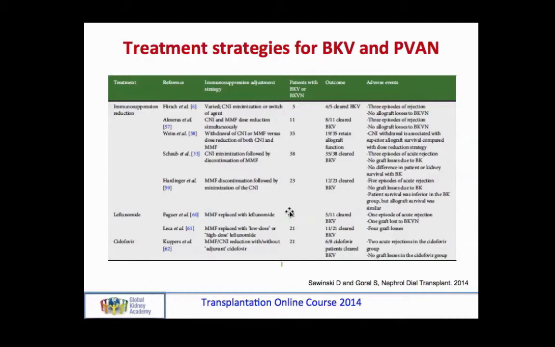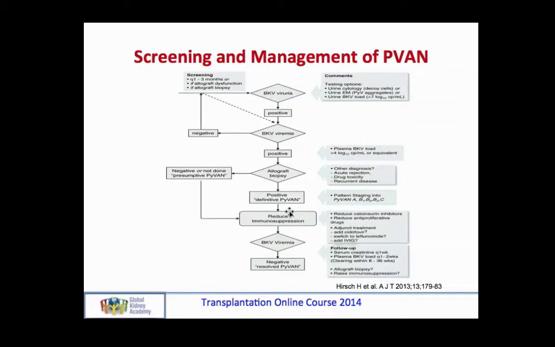When it comes to leflunomide and cidofovir, we really don't know whether there's any role for them at all. So just to summarise what the American Society of Transplantation say as to how we should manage polyoma virus, well, we should screen. They're recommending that we should screen every 1 to 3 months, or if there's allograft dysfunction or allograft biopsy. I think the role of regular screening is unclear,